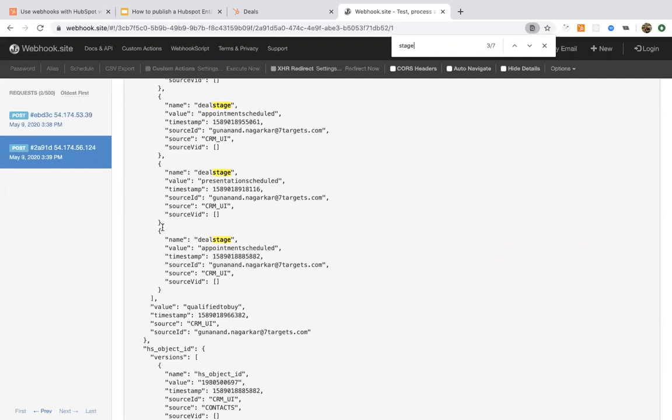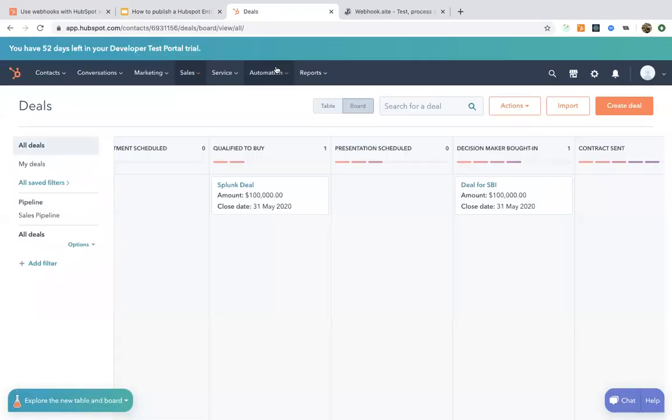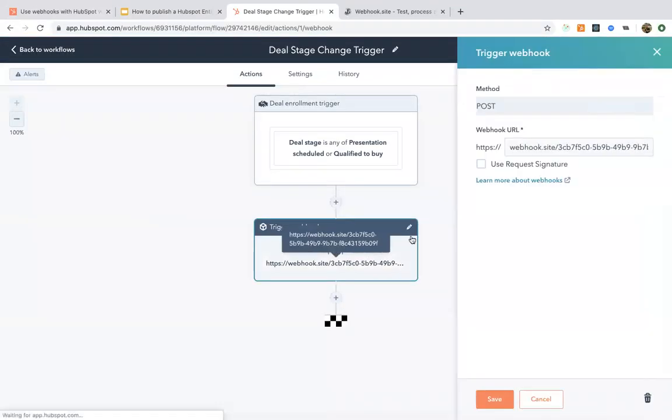This could be your API, and all of it is documented. The next question that comes after this is how do I secure it? For you to secure it, if you note the workflow, in the trigger there was use request signature, right? For this to be done, it is also very well documented, and we, being one of the HubSpot partners, are doing this for a lot of our customers. We can do it for you as well if you want any help there.